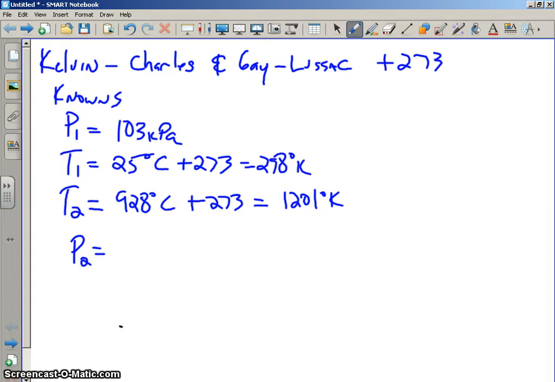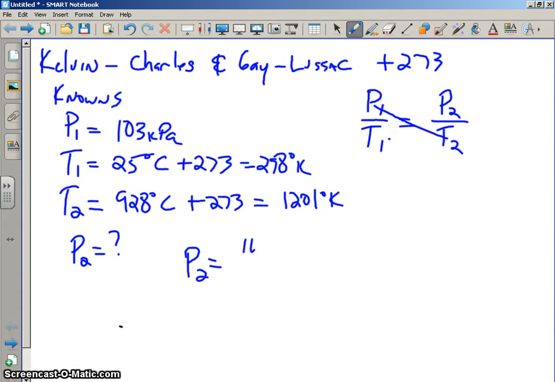Now, our formula is P1 over T1 is equal to P2 over T2. Okay? Now, plug and chug. Well, we have to solve for the unknown. The unknown was right here. So we know that it's going to be this multiplied by this divided by that. So let's plug our numbers in, and we're going to get P2 is equal to P1, which is 103,